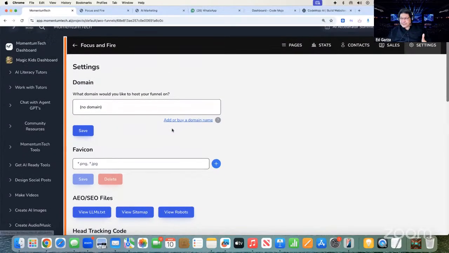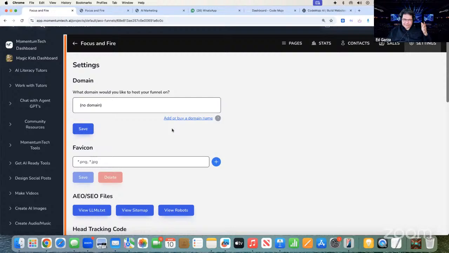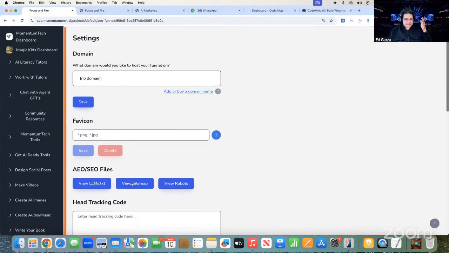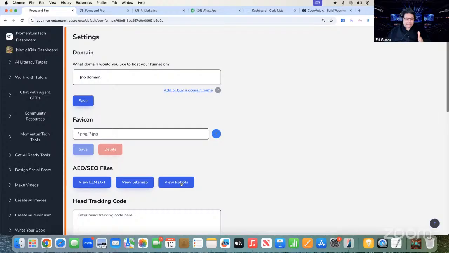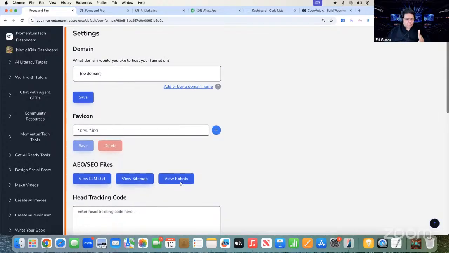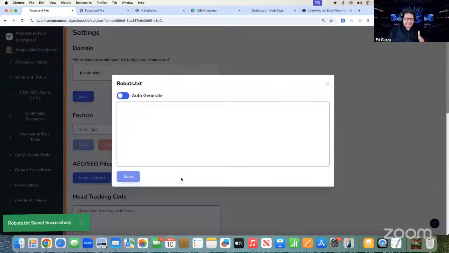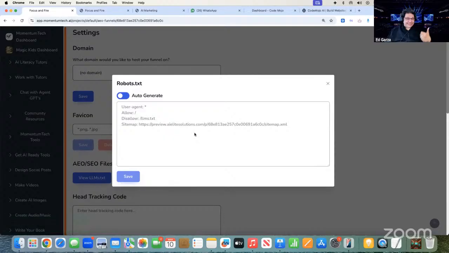So if that doesn't excite you, I don't know what is going to excite you guys. This is incredible stuff. It also does the complete sitemap for you, and it does the robots.txt file. This robots.txt file is an upgrade on the robots.txt file so that voice AI can find you. It's all set based on the content that you have on your website.